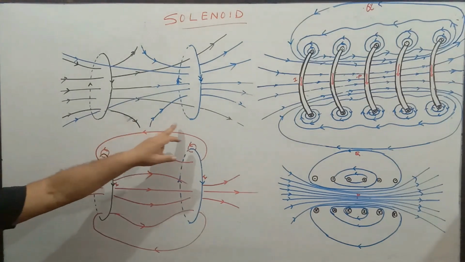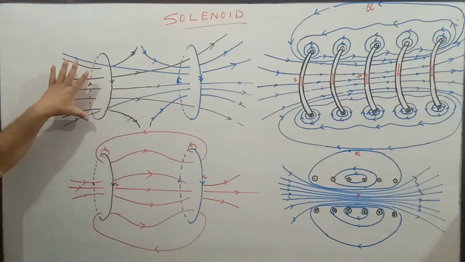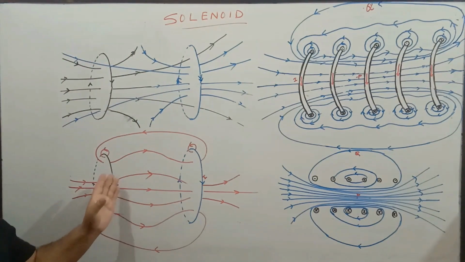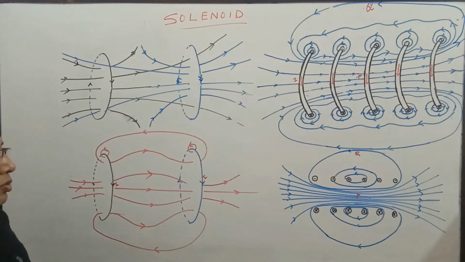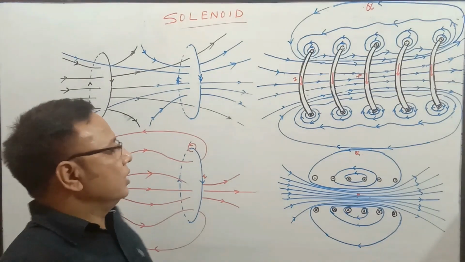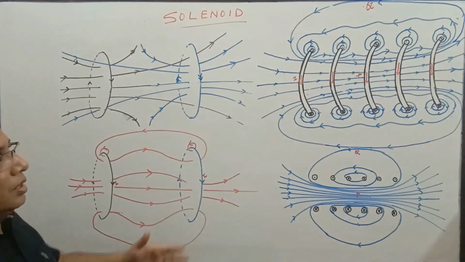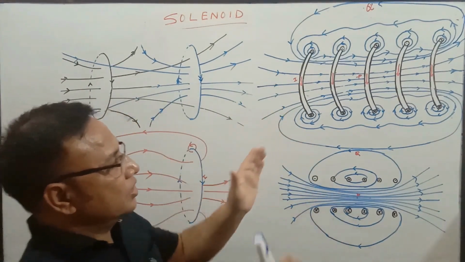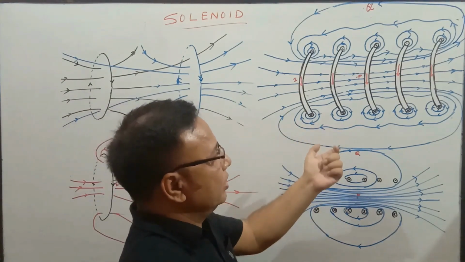Here these two coils are shown with their individual fields. Now this is the combined effect of the two coils and the fields due to them. So that is already explained to all of you. Now we are coming to this. These two figures are shown in NCERT. This is the cross section of a solenoid.